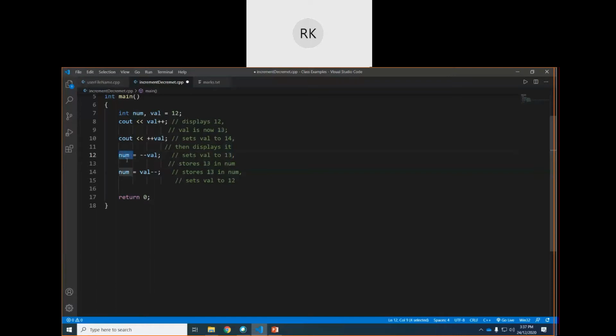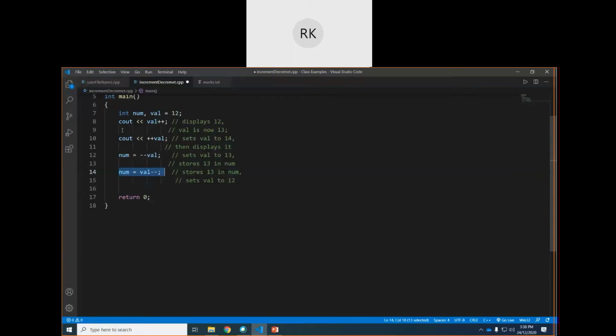Now the num has a value 13, but at line number 14 we again say that num equal to val minus minus. So whatever the value of val is, which is actually 13, will be reassigned to num. Then once the assignment completes,